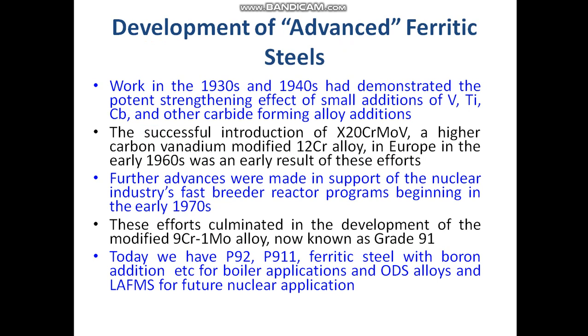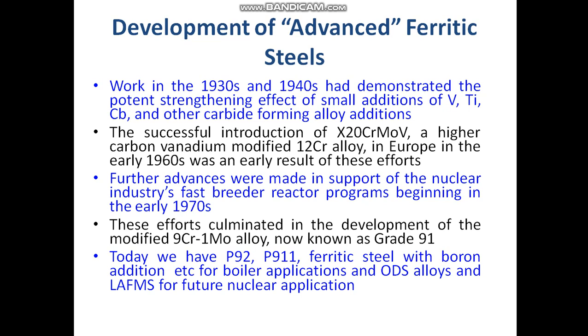Over a period of time, many advances were made in support of the nuclear industry's fast breeder reactor programs that began in the early 1970s, and research worldwide led to the development of the modified 9 chrome 1 moly steels known as grade 91. Today P91 T91 is a very popular grade. P stands for plate and T stands for tubular. These 9 chrome 1 moly and 9 chrome 1 moly vanadium steels, triple alloy steels, have now been extensively used